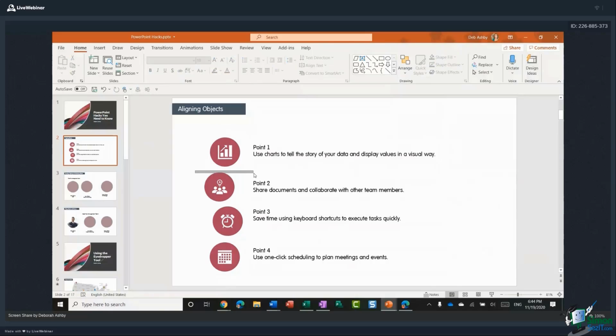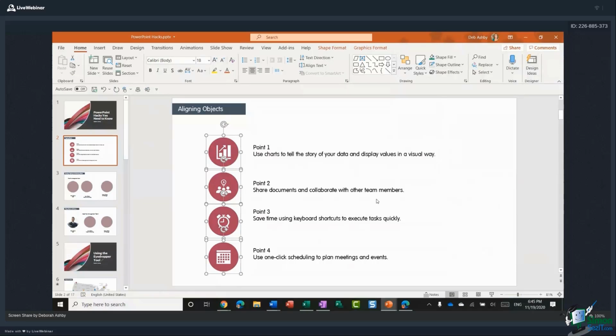So let's go through and do the rest. So I'm going to select Control-G to group, select again, Control-G, select once more, Control-G. So now I have all of these grouped together. I can then select the whole lot. And again, I can just drag around like so. And then I can use my alignment tools to put these in line. So I'm going to say Align Object Center to align them like so.